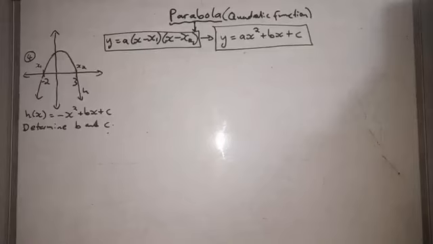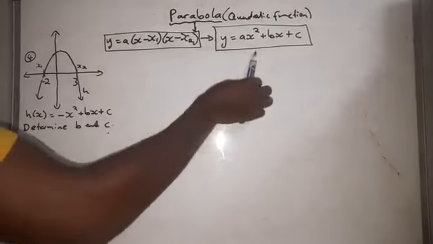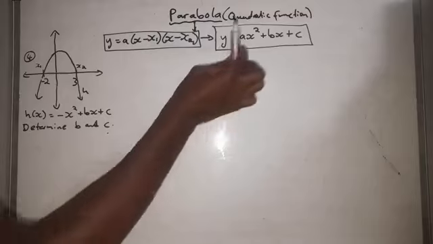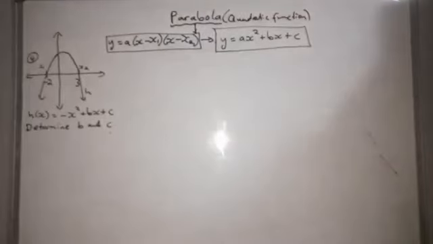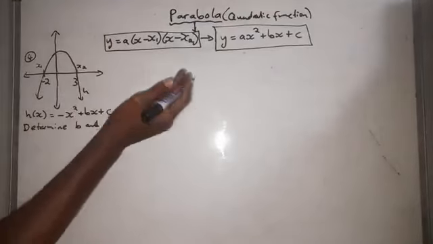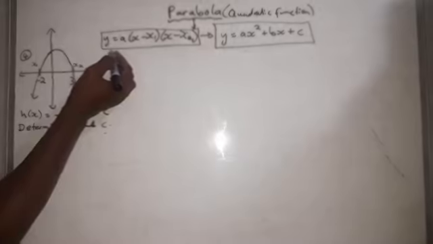Well, in this video, we'll be converting from this form to that form. This is the x-intercept form I told you about in the first video. That's the y-intercept form. This one is mostly used, as I said in the first video, when finding the equation of a parabola, or when given the x-intercepts.